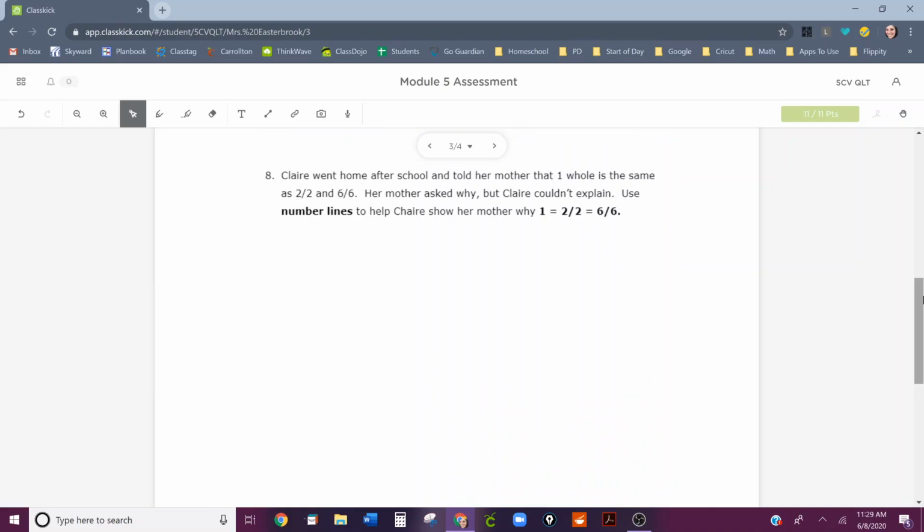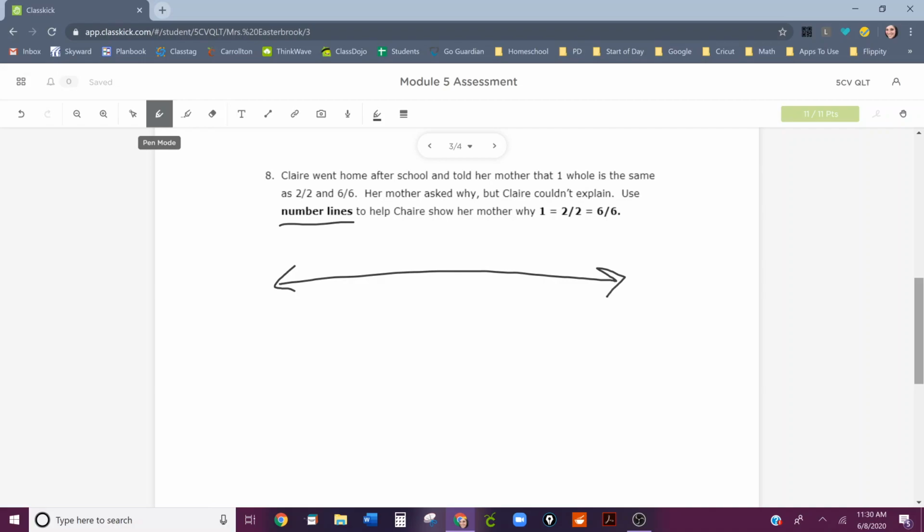Number 8, Claire went home after school and told her mother that 1 whole is the same as 2 halves and 6 sixths. Her mother asked why, but Claire couldn't explain. Use number lines to help Claire show her mother why 1 equals 2 halves equals 6 sixths. So this is where you got that extra point from, that 12th point, is you just had to show me number lines. So it said using number lines, so I'm going to do